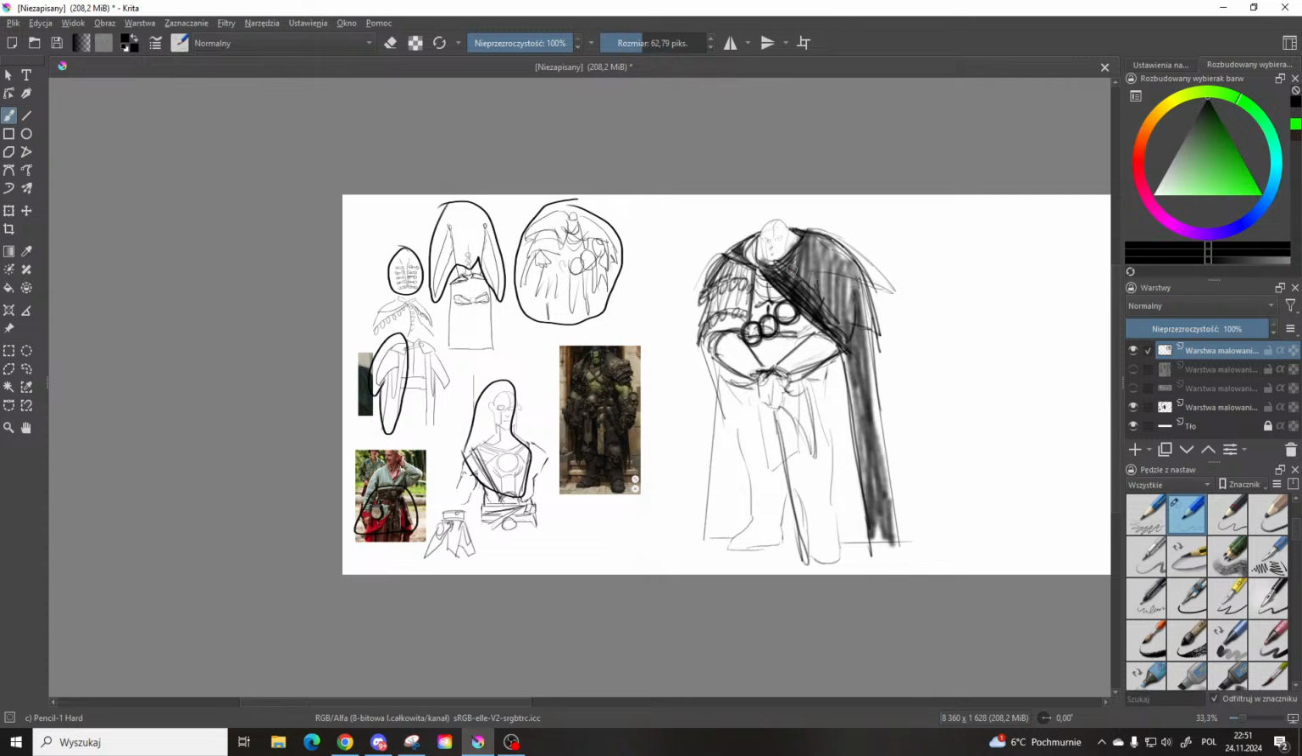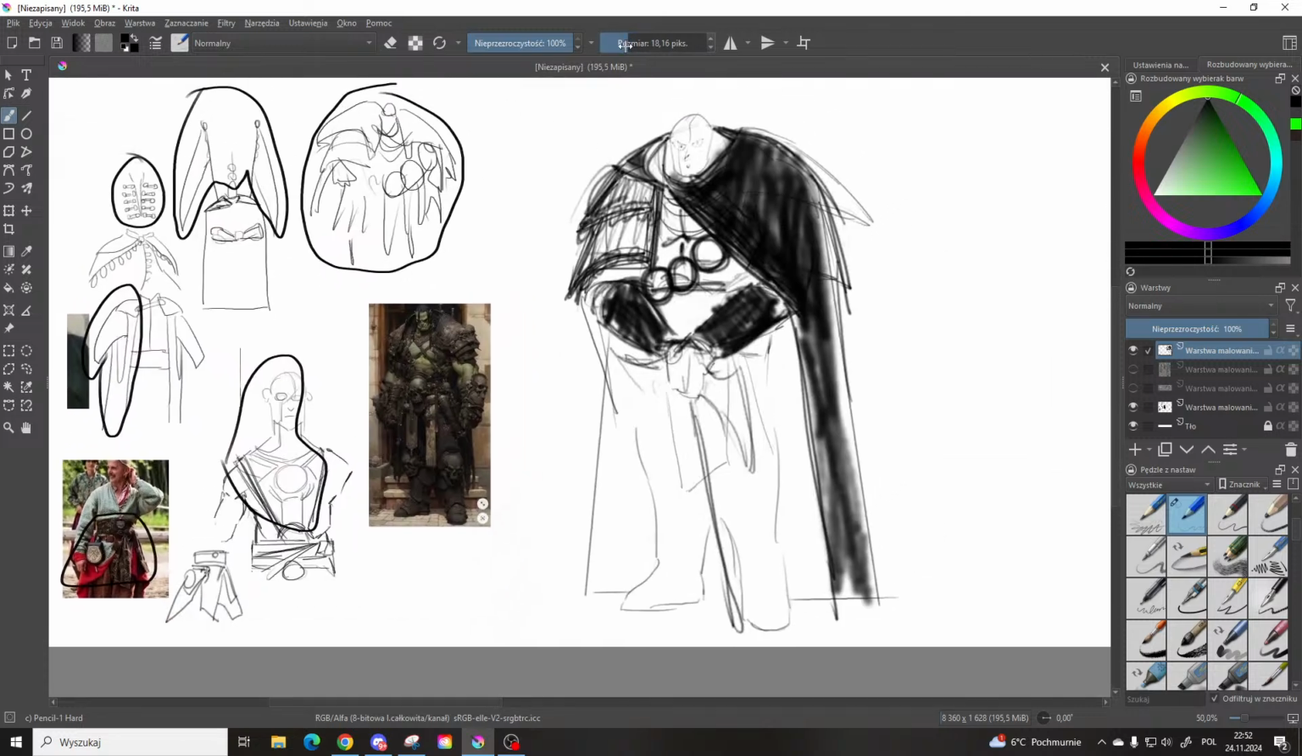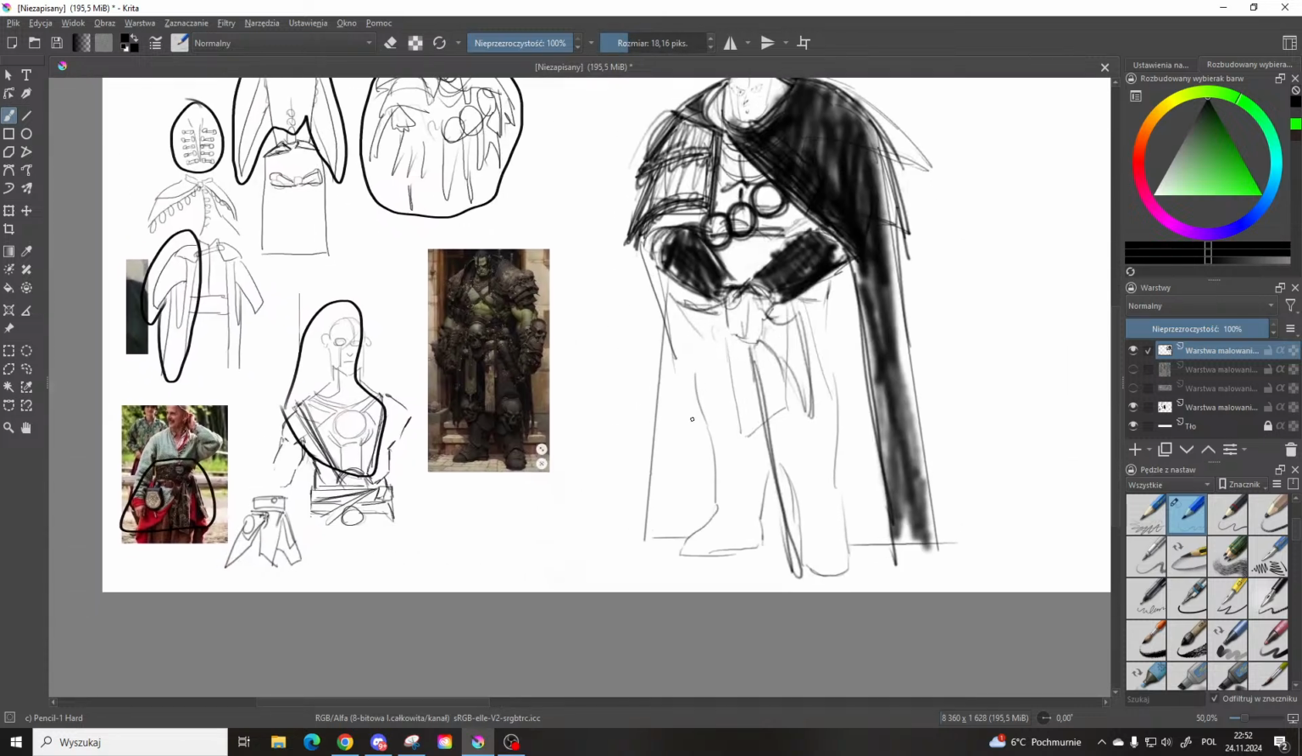Strong triangle here and circles. I'm still not sure about this part here. Something on the hands. So we have another darker shapes here. And for the legs,